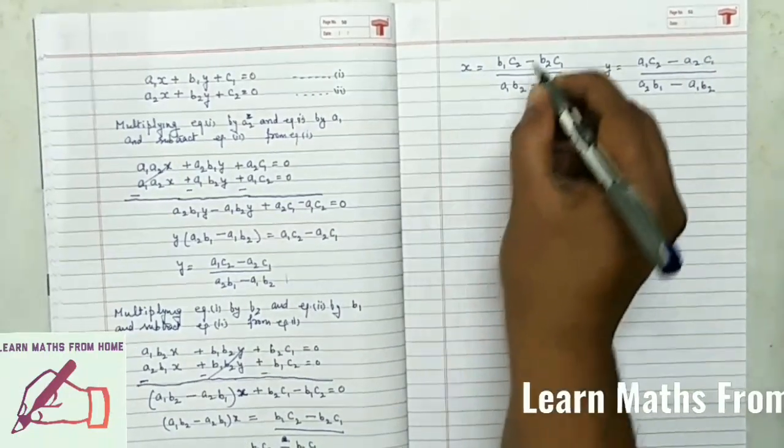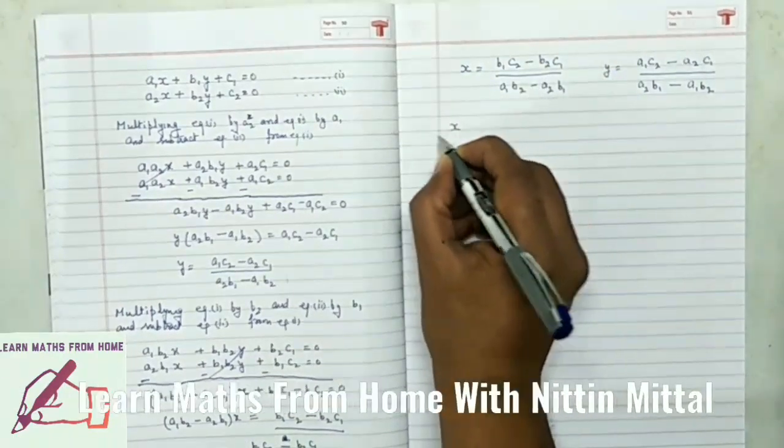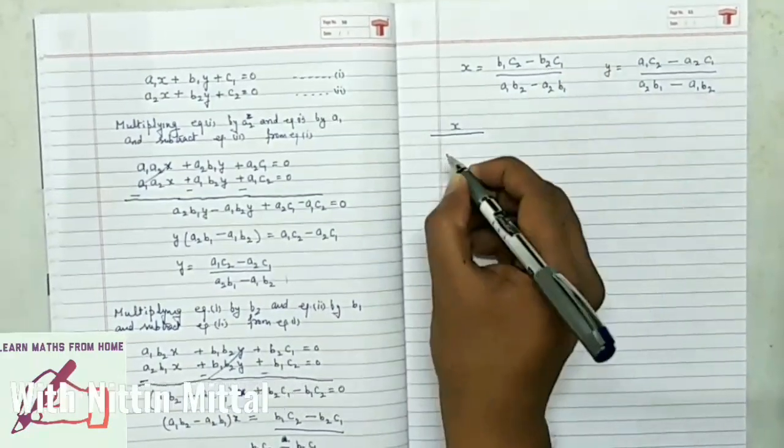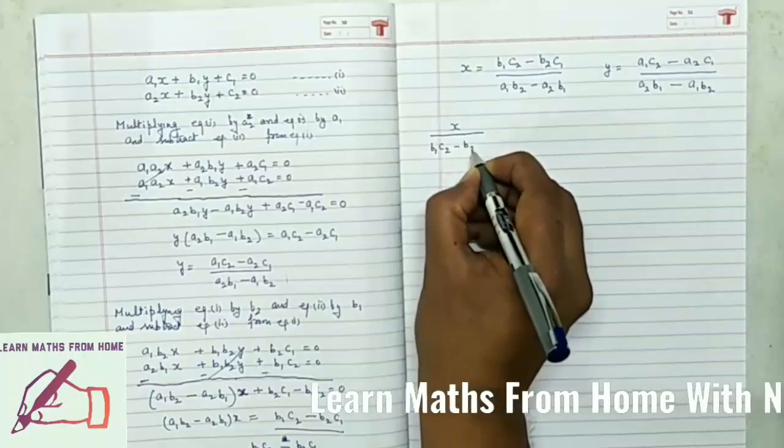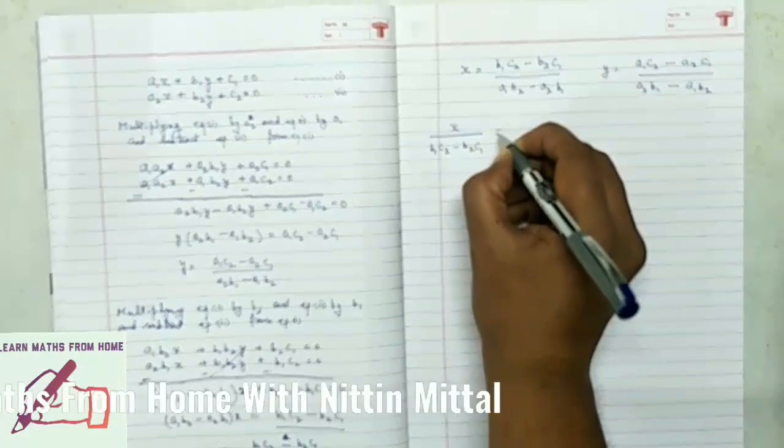So here I am going to change this. I am going to write x over, I am bringing this numerator here, b1 c2 minus b2 c1 equal to